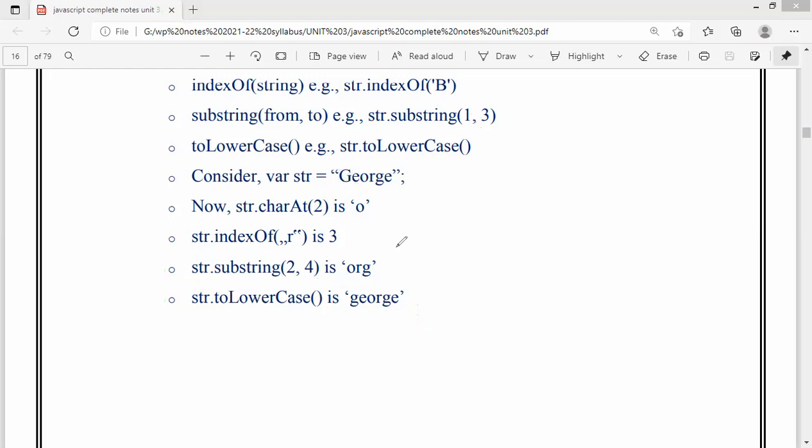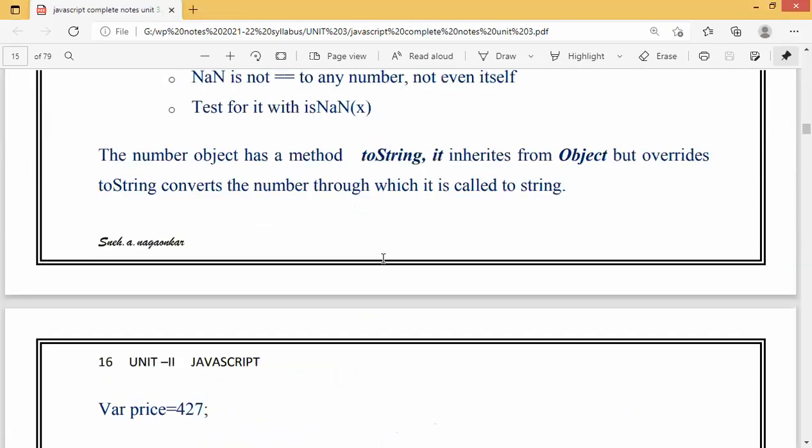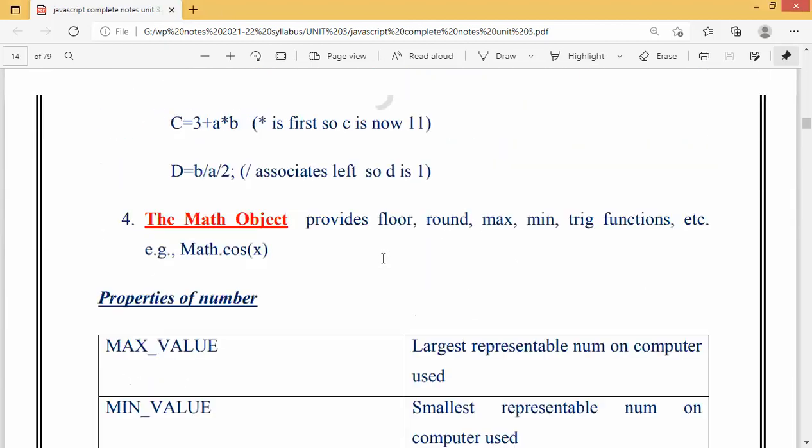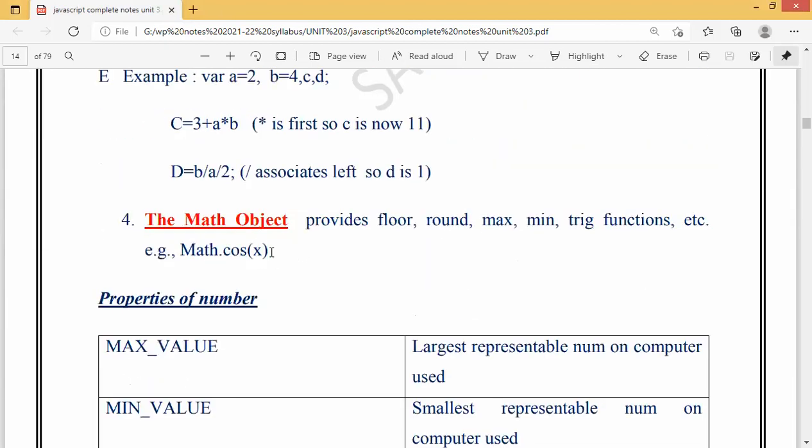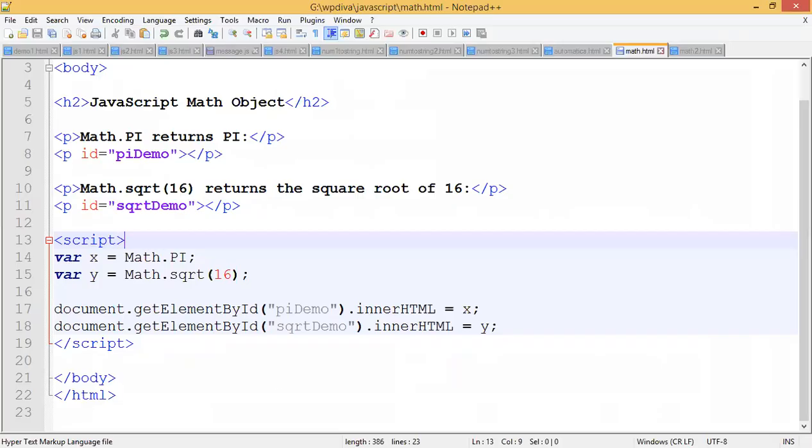All right. As I told you, math object explanation is very less in the notes here. So what you have to do, students, is take a screenshot of this and write it down near the math object.